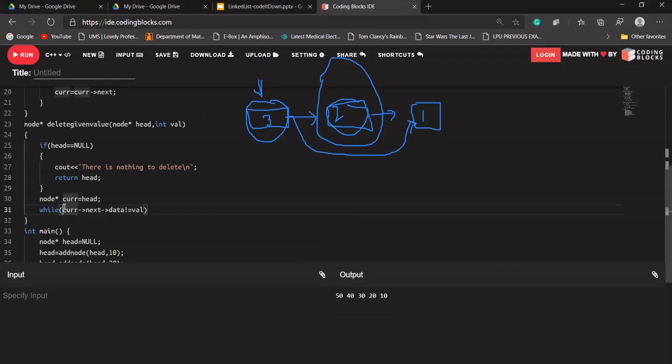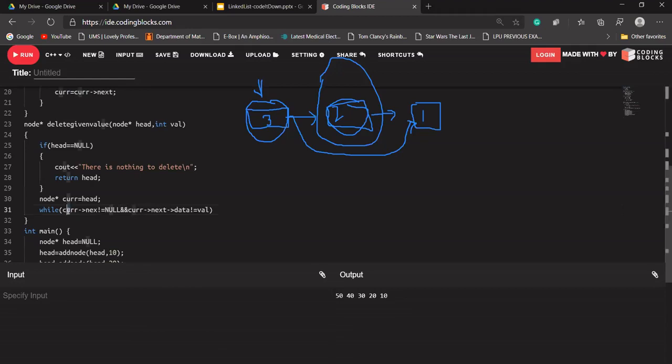And before checking current's next data, it should check whether current's next node exists or not. If it exists, then it will check. Means until it is not equal to null.